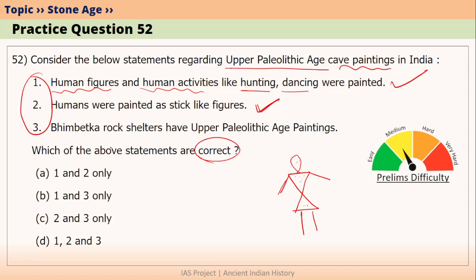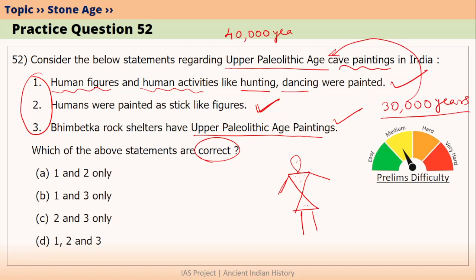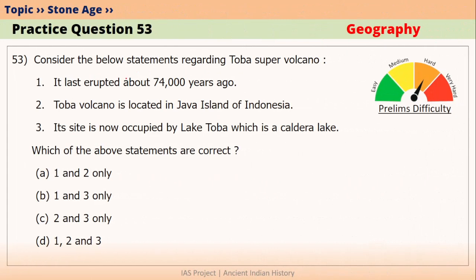The third statement is, Bhimbetka rock shelters have upper Paleolithic paintings. This is also correct because the oldest Bhimbetka cave painting is almost 30,000 years old. And 30,000 years old falls under upper Paleolithic age because the timeline of upper Paleolithic age is 40,000 years ago to 12,000 years ago. So this period clearly falls within this time period. So the correct answer would be 1, 2 and 3 are correct. Option D. The next question is,